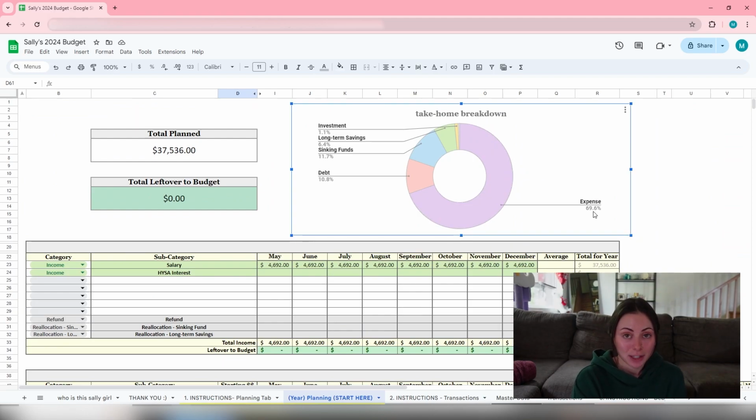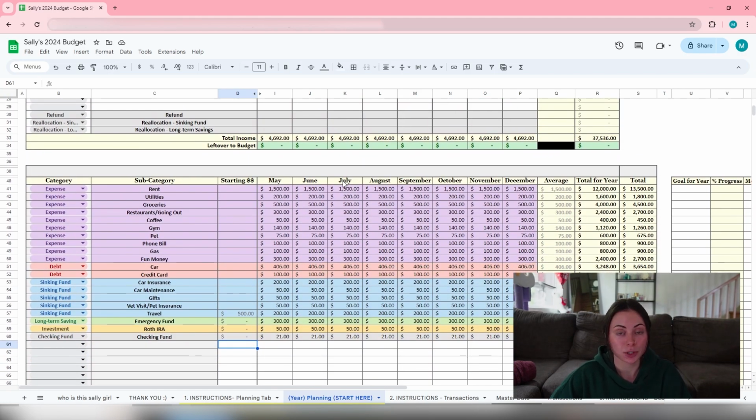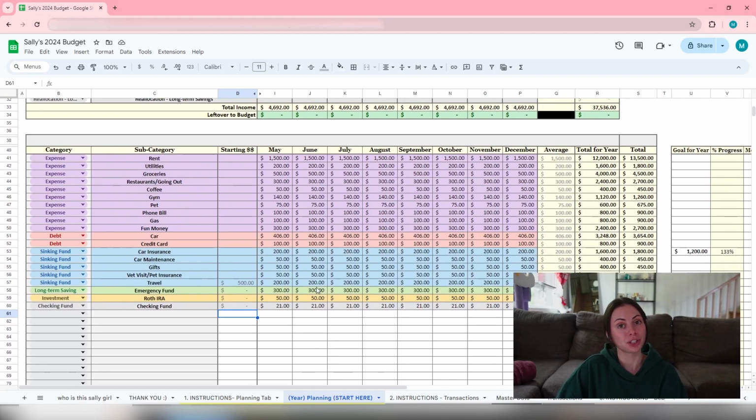So we can see 70% is going towards expenses and 11%, almost 12, is going towards sinking funds. So these are spending throughout the year. So technically she has more like 82% of her money going towards just spending. This to me would be a pretty big red flag, and I personally would go down and see where I can switch around my money, where I can reduce my spending and my expenses in order to increase my savings